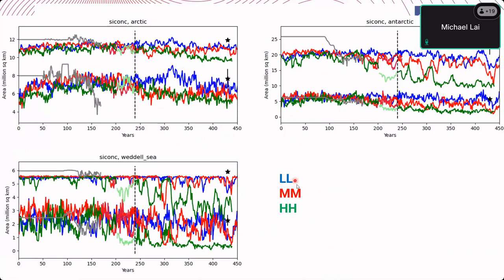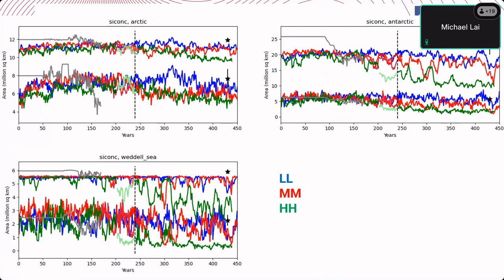Here the low is blue, the middle is red, and the high is green. And you can see from the Arctic, the grey line is HadISST observations, so obviously present day, and the stars here are the winter and summer typical value range. So you can see here that the green, the high resolution, looks okay in the spin-up, but I